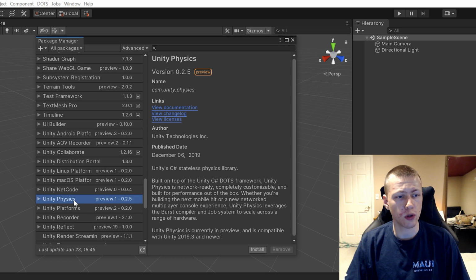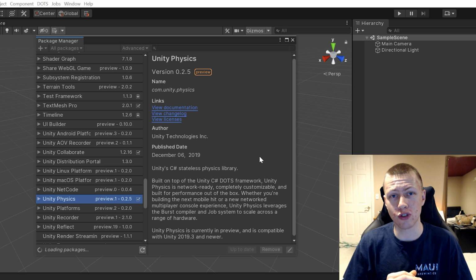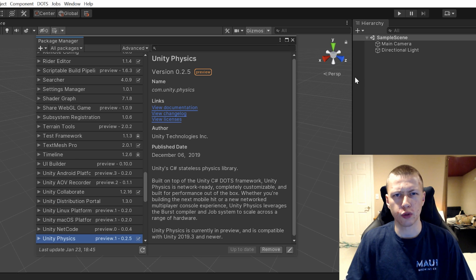All right, and then the last one that we're going to need access to is Unity Physics. So we'll just go ahead and install that last one. And of course, this is going to allow us to use the new physics system, which integrates with the entity component system. All right, so once we have those 3 packages installed, we can just go ahead and close out